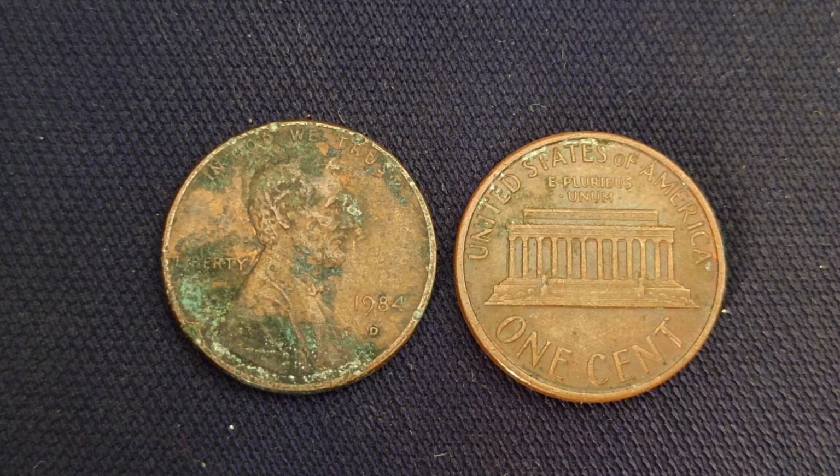When you combine all of these factors, the transition of planchets, the chance of leftover bronze strikes, double dies like the extra ear variety, repunched mint marks, dramatic die cracks and clashes, plating anomalies, off-center or broad strike errors, and above all, pristine uncirculated condition, you begin to understand why a seemingly ordinary 1984D penny could defy expectations and rise to a value of $2 million, because it represents not only a rare piece of numismatic history, but also a